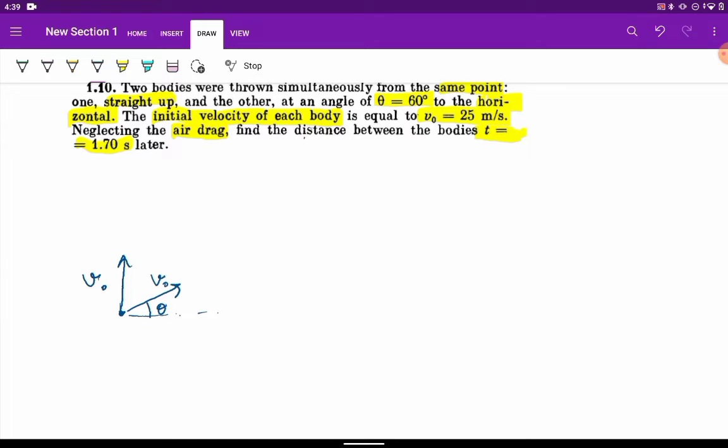And we have to find out the distance between the two bodies after a certain time t later. So now if we consider body 1,